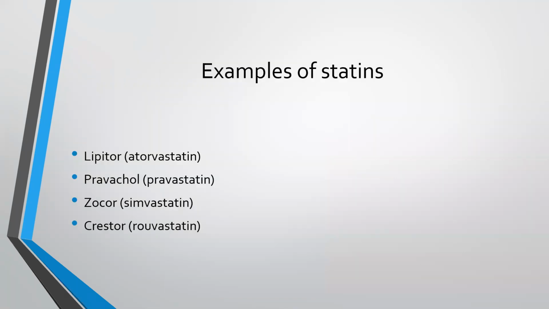Examples of types of statins: the ones I use the most are the first and last one, Lipitor and Crestor. Lipitor is out a little bit longer than Crestor, but both are very potent statin drugs. Pravachol or Pravastatin or Zocor or Simvastatin are more of the intermediate ones. I use them on occasion, but most people nowadays get placed on either Lipitor or Crestor if they're going to go on a statin.